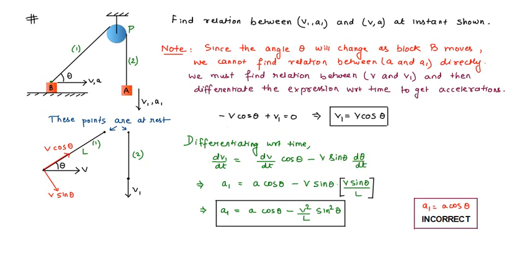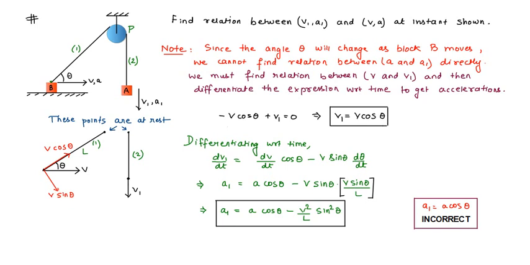But for d theta by dt for this segment 1, we know that d theta by dt can be calculated as the net or relative velocity perpendicular to the string divided by the length of the string. So if this segment 1 has a length L, you can see that this topmost point does not have any velocity, but this bottommost point has a velocity component v sin theta, which is perpendicular to the string. So the value of d theta by dt will be the relative velocity perpendicular to the string divided by the length of the string. This is the basic concept: how do we find the value of angular velocity of a particular line? So d theta by dt will be equal to v sin theta divided by this length L.